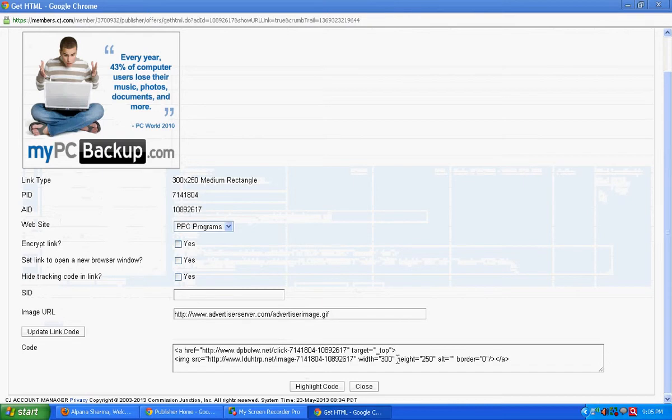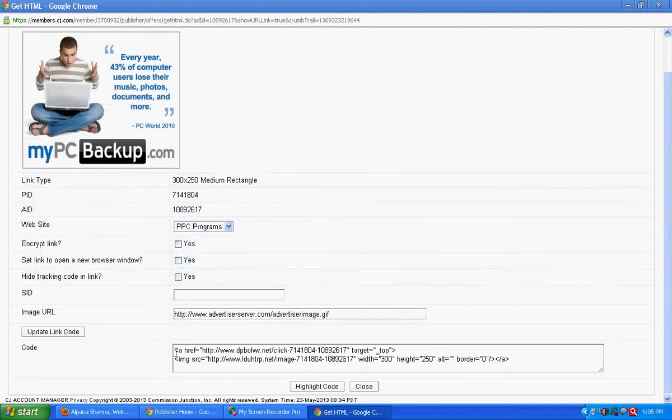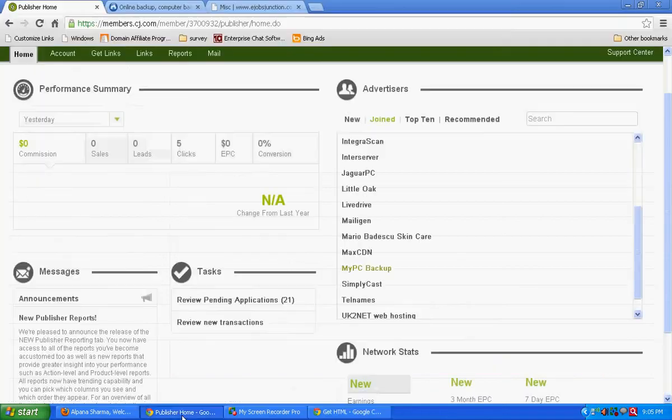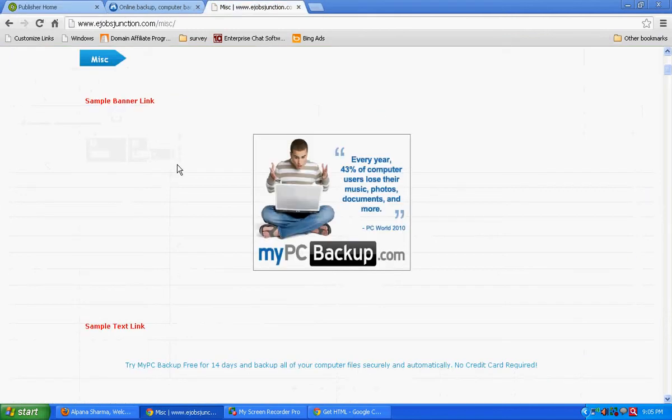Okay, this code we have to put in our website or on our blog or via PPC programs if you don't have a website or a blog, or the other options that we have explained. And once this code is placed on a website or on a blog, this is how it looks like. I have already placed the same to show you as a reference. So this is how the ad will look like.